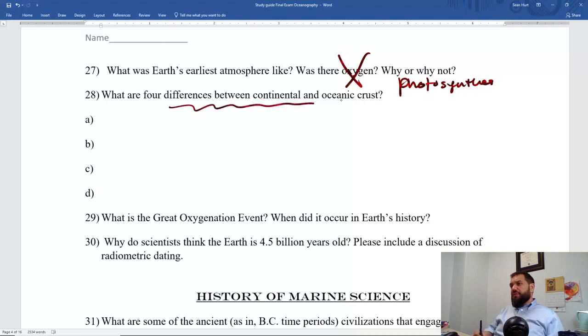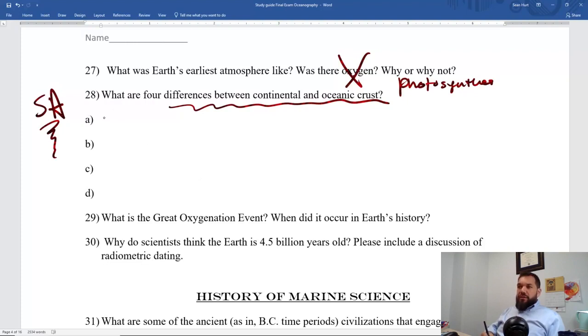What are four differences between continental crust and ocean crust? That's another important thing you have to know here, and this is another thing I can often ask as a short answer question. So be prepared to give a response here, again a 2, 3, 4 sentence response. First of all, the oceans are, for the most part, underlain by ocean crust.